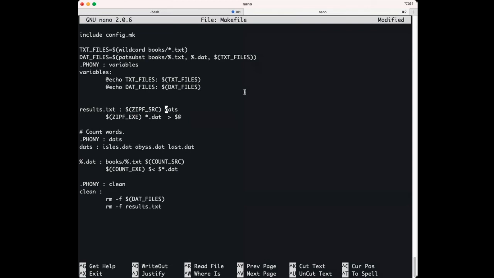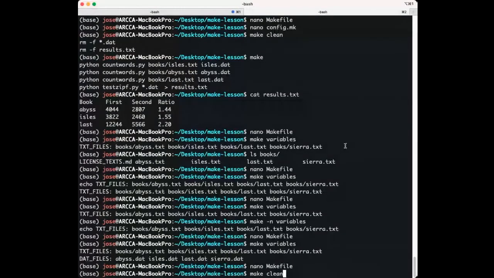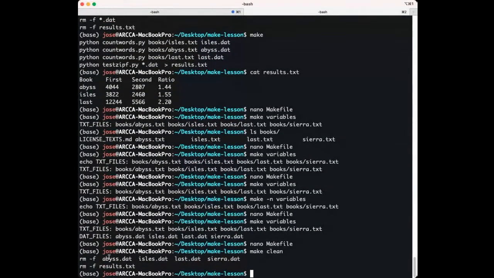I can also use it in here because I was specifying by hand my .dat files manually, so I was hard coding those files. So now I can do dat files like that, which is also I think a bit better. If I do this, you can see here that now I'm removing those specific files, and now if I do make,